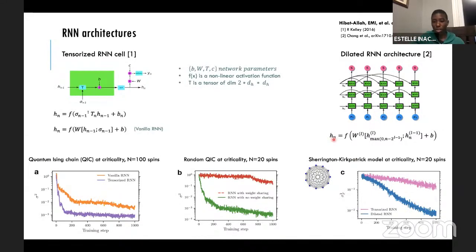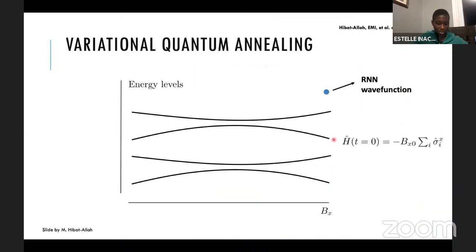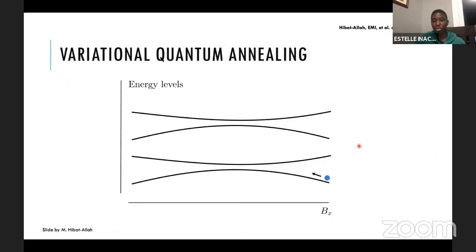All right, so next I need to go faster. I'll talk about the quantum annealing algorithm. What we do is prepare the system in a Hamiltonian that is easy to prepare, with all the spins pointing in the x direction. We initialize the RNN with random weights and biases, and to prepare the system, we just do gradient descent steps. And here we land on the initial ground state, right?